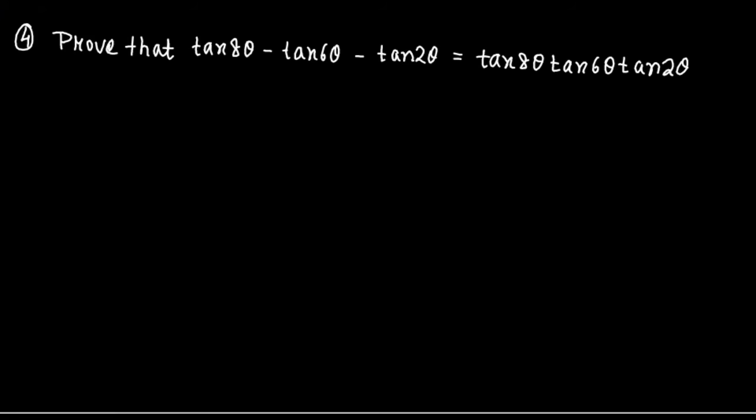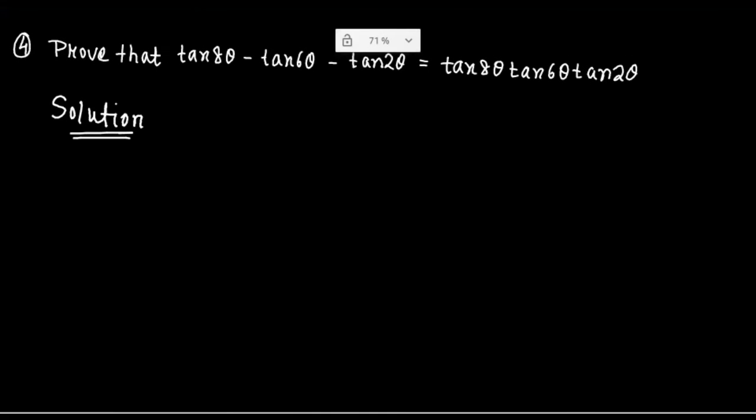That means we have to start with the angles, not with the functions, tangent, cotangent. Whenever we are given a tan function or cot function and we have to prove a thing, always start with the angles that are given. Here is an example. You can see that I am just doing this sum here. Now in general we know that 8 theta can be written as what? 8 theta means 6 theta plus 2 theta, obviously.